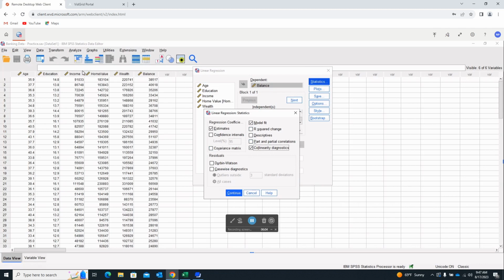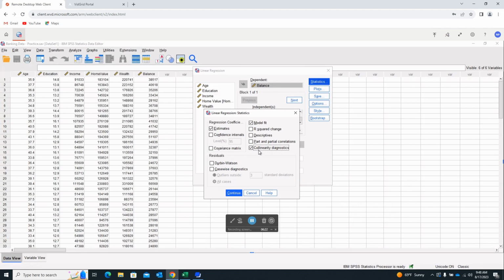So you're likely to find, when you've got multiple independent variables, that some can actually be redundant. And so including the diagnostics for collinearity will help us to evaluate whether we have multicollinearity in our model